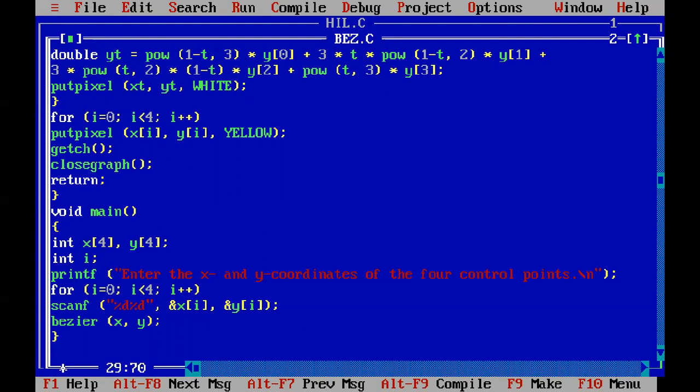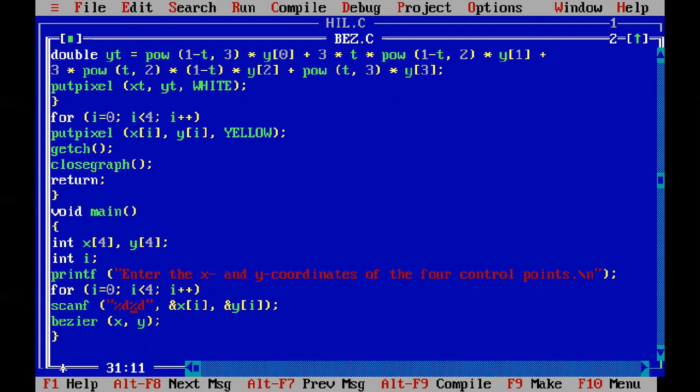So the 4 control points will be operated on for 4 values, that's why i from 0 to 4. Why 4 values? Because there are 4 control points and we need to operate on these points. Next is scanf.